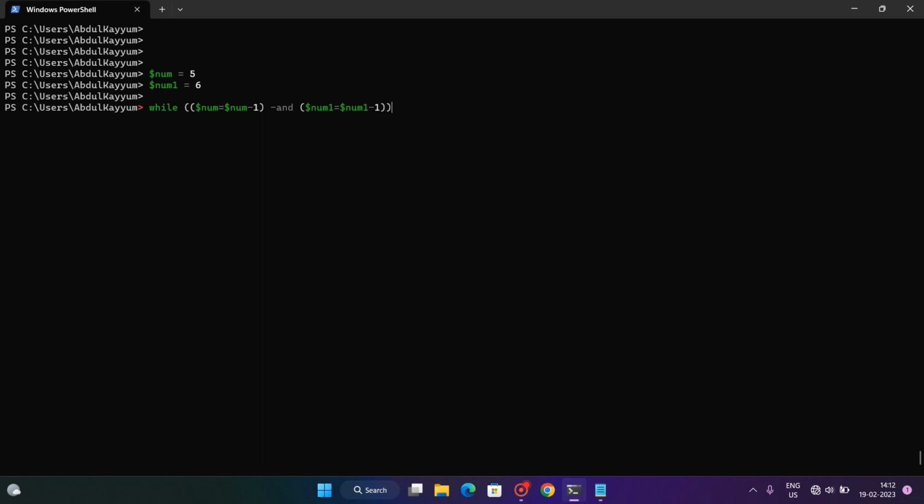Okay, now if both the conditions are true, then it will return the values of num and num1. Okay, so you can see that we are